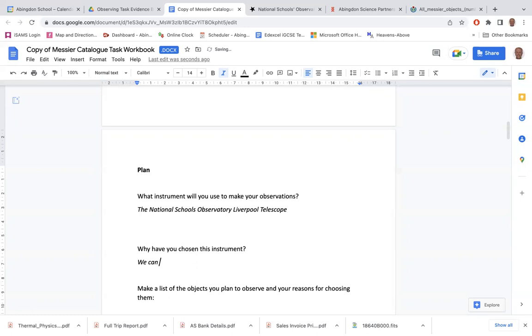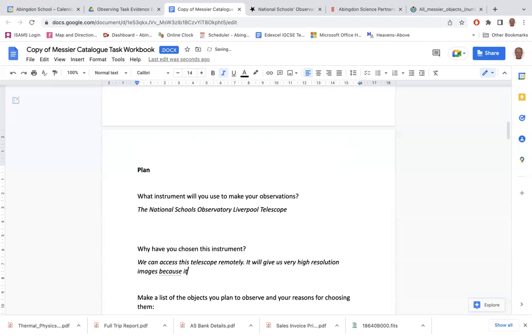So we can say we can access this telescope remotely. It will give us very high resolution images